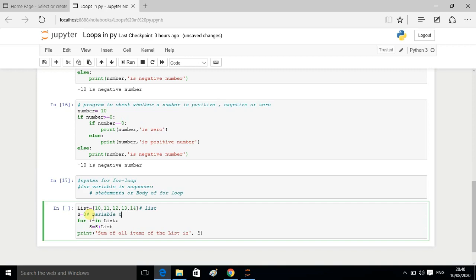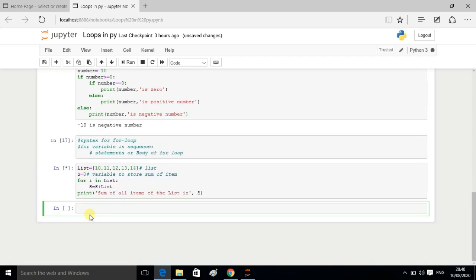Variable to store the sum of the items. Okay, so let me run it. Okay,